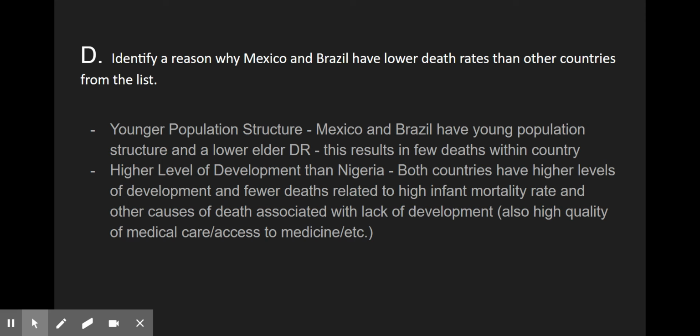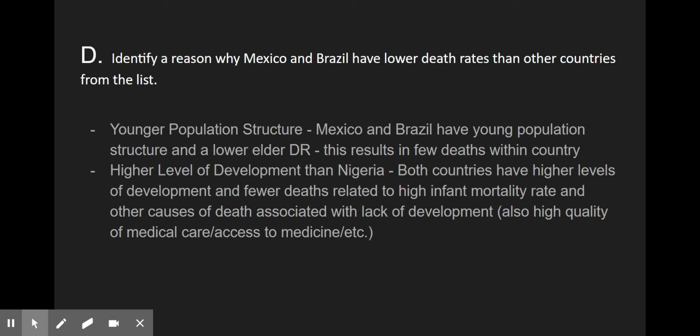Some people explain, so it really helps you in these types of answers if you take one of your answers and explain it really well, rather than having both of these somewhere on there. So the best answer, because if you're comparing Mexico and Brazil to most of the other countries are more developed, which ultimately means that they have an older age structure. So because Mexico and Brazil both have a younger population structure, they have lower death rates, essentially related to aging